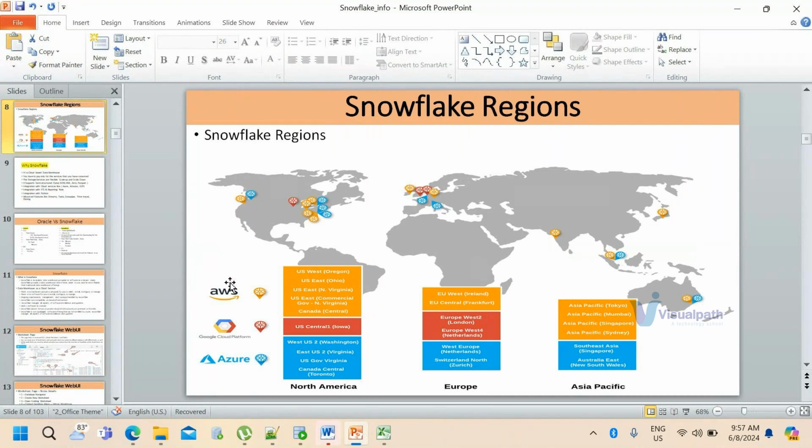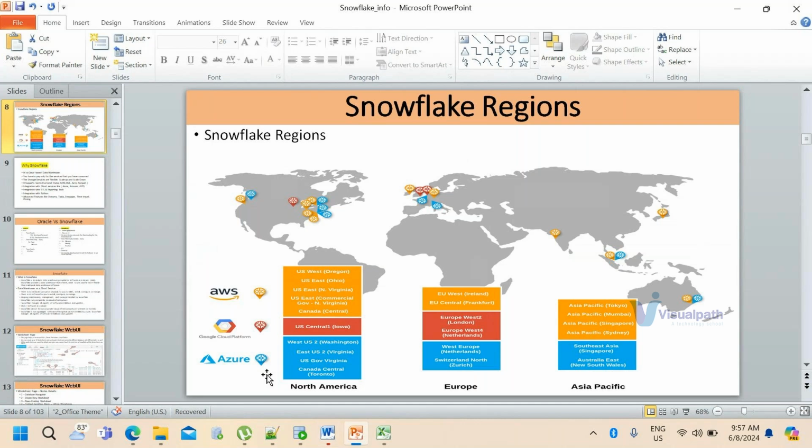Let's say you have developed a software and you want to release it to the market. What are the different ways? You need to approach the customers stating that you have this software and market it, so they will purchase. Similarly, Snowflake is a database, but you know how they approached the customers. They approached AWS, Azure, and GCP. They don't have a cloud environment of their own, so they are relying on AWS, Azure, and GCP. These are the three cloud providers supporting Snowflake.